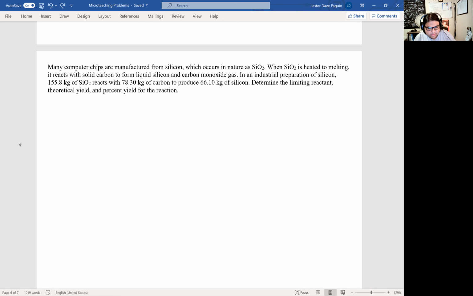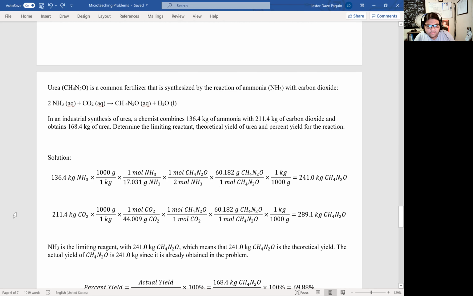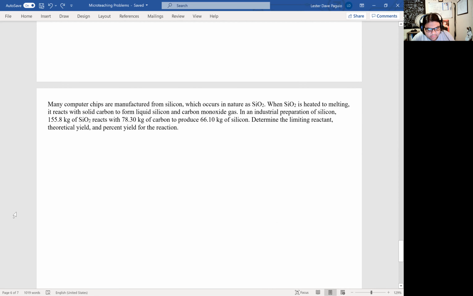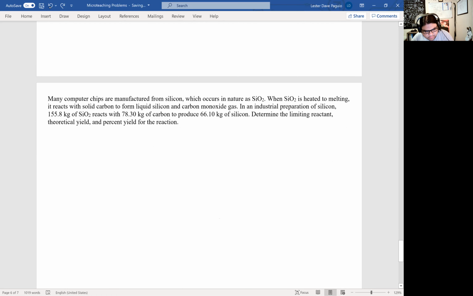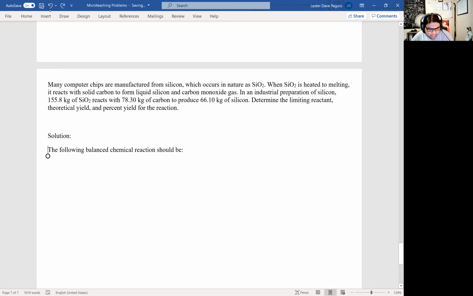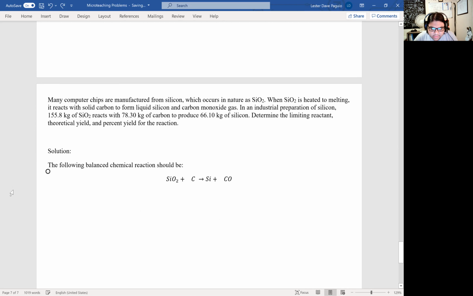Now, in the previous problem, we were given the balanced chemical reaction, but in this specific example, we would need to make our own balanced chemical equation. So the solution is that the balanced chemical reaction should be like this, because it says in the problem that when silicon oxide is heated to melting, it reacts with solid carbon. So those are the reactants. And it says to form liquid silicon and carbon monoxide gas, meaning that the silicon and carbon monoxide gas are